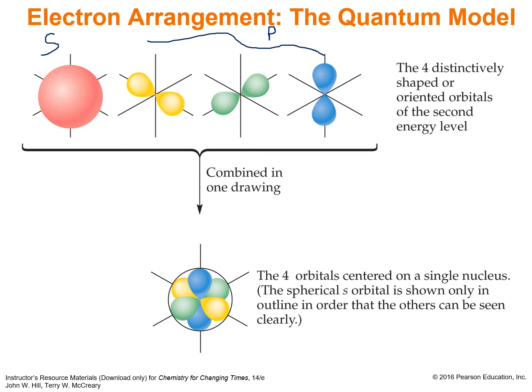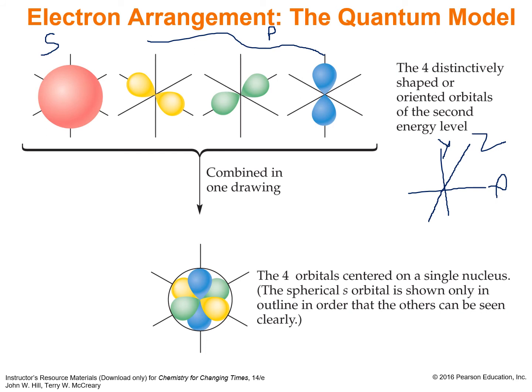So x-axis, y-axis, x, y, and then z. Depending on where it is oriented, it is called px, py, pz, but you don't have to know too many details of it because we are just doing an intro to chemistry class. However, know that there is one s orbital and there are 3 p orbitals,